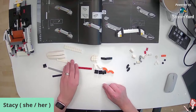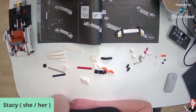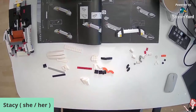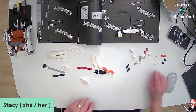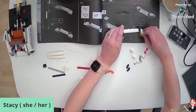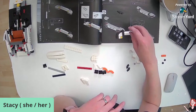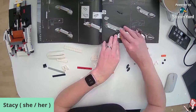Now we need to get our corner pieces. What have I missed? I've missed stuff here. I've missed this step completely. So that would be two more rounded pieces. And on one side, only on one side, we have our little grill. So we stick our grill on there. And this comes like...